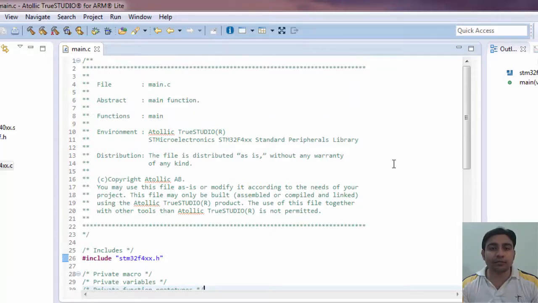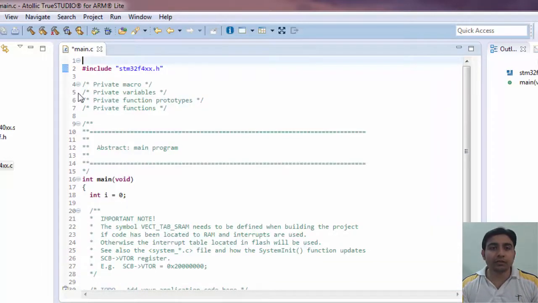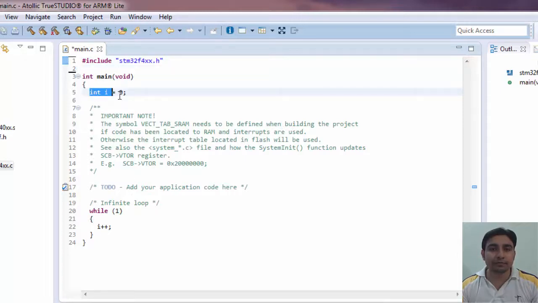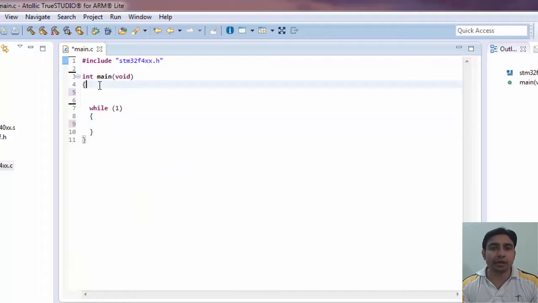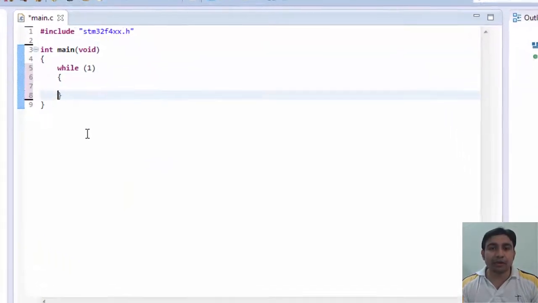Okay, clock settings are done now. Let's delete these comments and also let's delete these lines, we don't need them. Okay, our initial settings are done now.